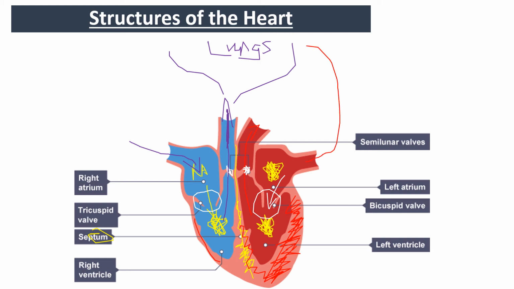So it comes back into the heart right here through the left atrium, passes down through the bicuspid valve into the left ventricle. Now this is where all these muscles down around the side are going to kick in, and under very, very high pressure, squeeze this blood up past the semilunar valve, out through the aorta, which is here,